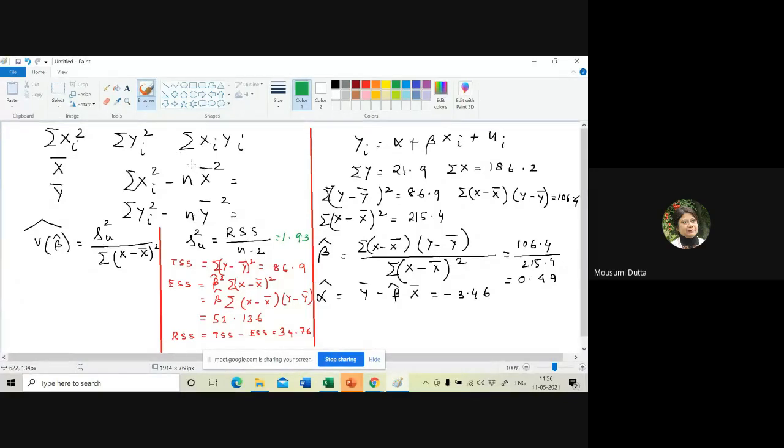So coming to the variance part. The denominator is too large. So say it once again: 0.00